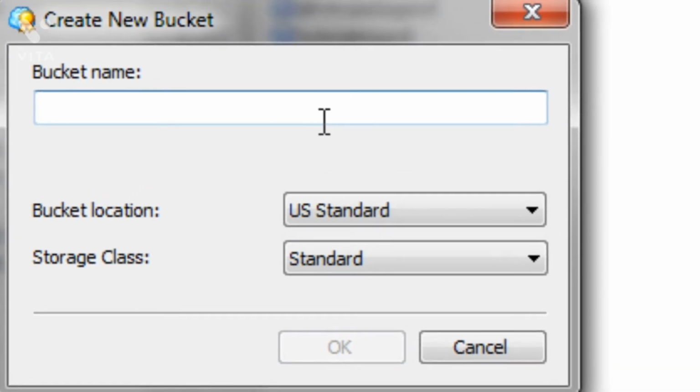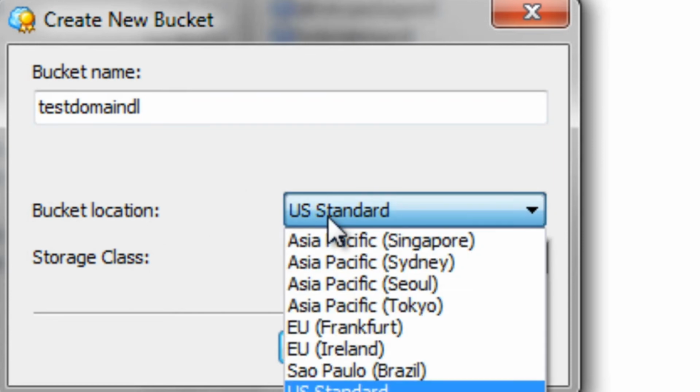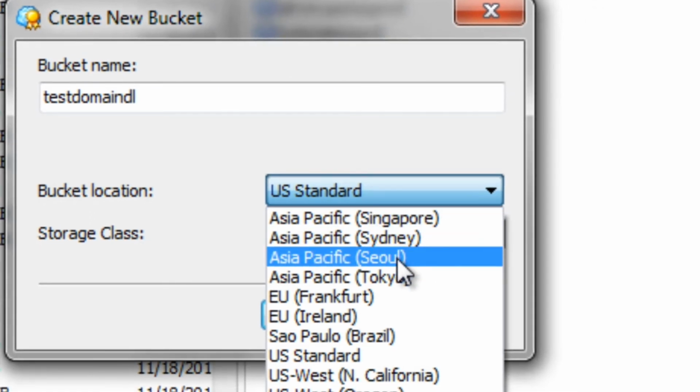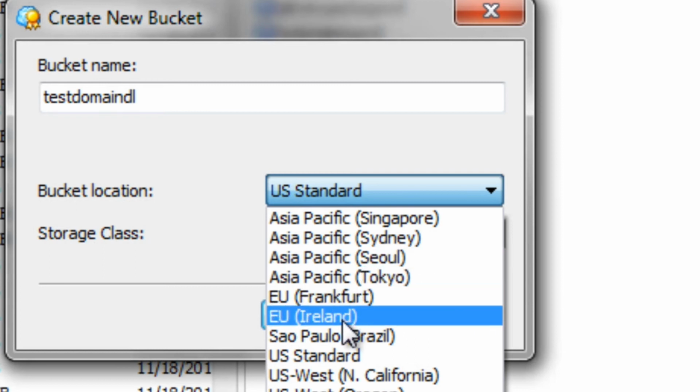And keep in mind that you want to name it using a naming convention so that you know what that bucket is. Now, the next thing is it's going to ask you for your bucket location, meaning are you going to upload the files to a server within a certain region like Singapore, Sydney, Australia, Tokyo, Seoul, Korea, Europe, or